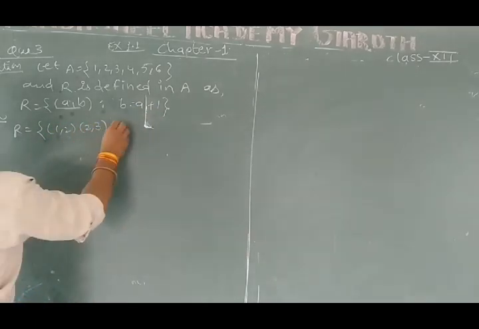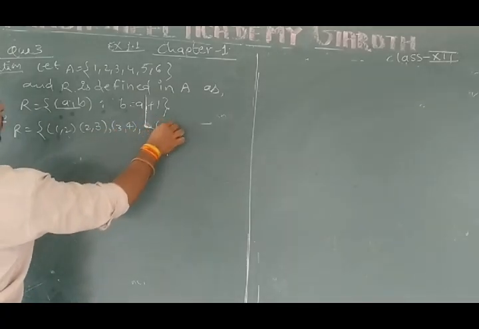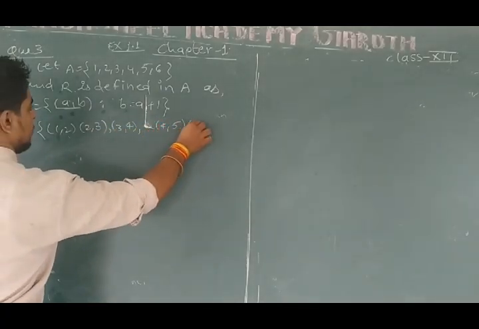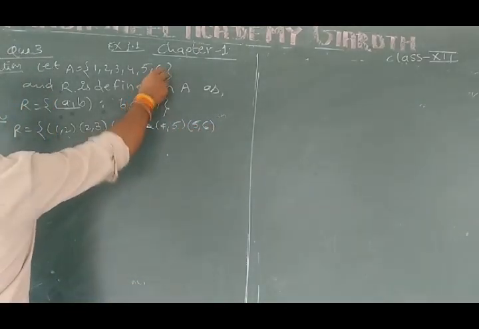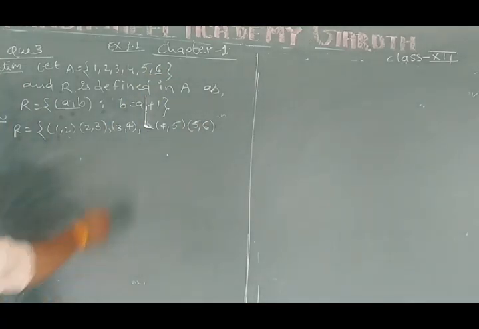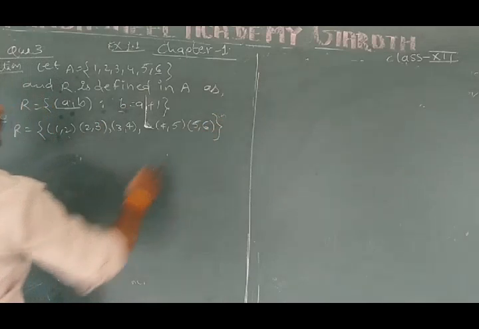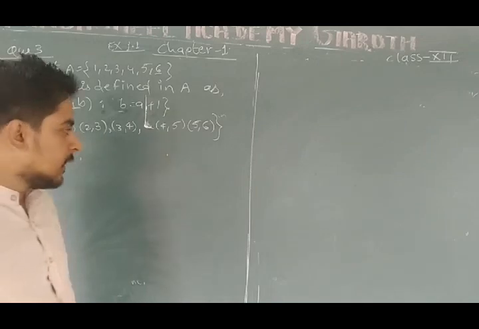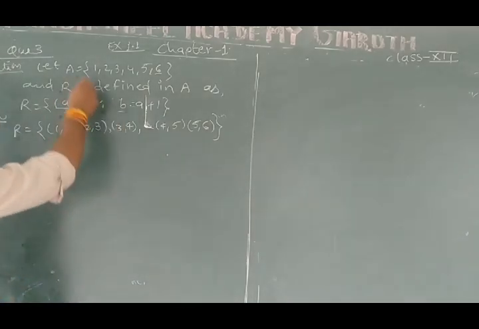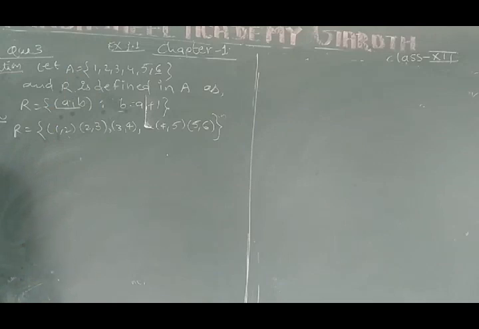If we take A as 3, then it will be 4, then 4, 5, and 5, 6. But if we take 6, there is no 7 in the set, so the second value and first value must belong to the same set. Therefore, we can say that 1, 2, 2, 3, 3, 4, 4, 5, and 5, 6 will be in R, because A and B both belong to the set. Now, we will discuss first, for reflexive